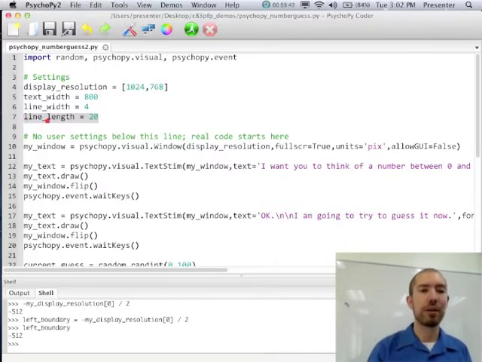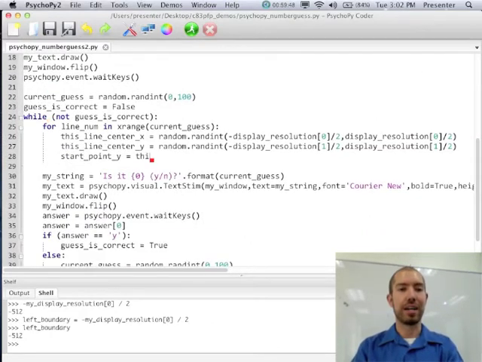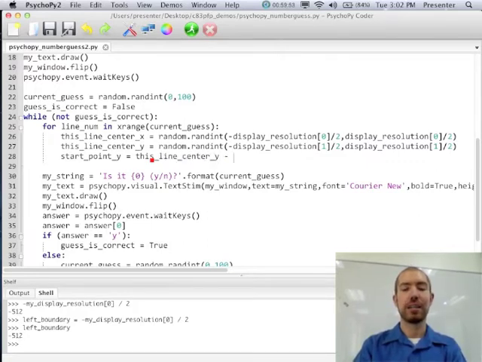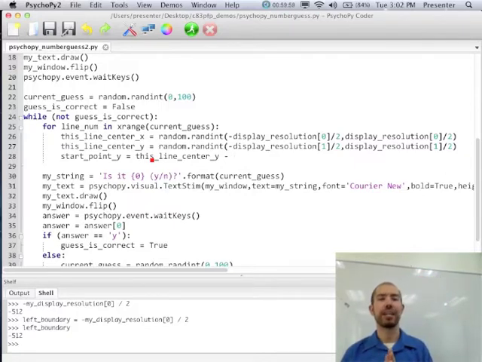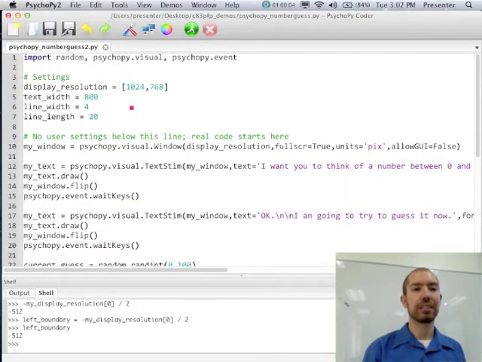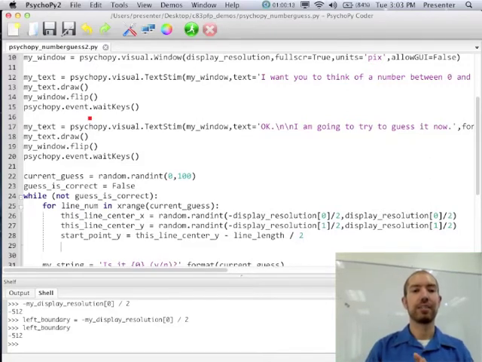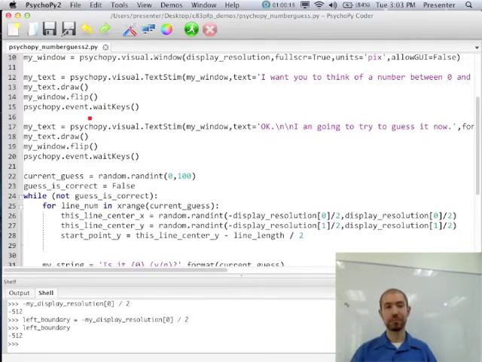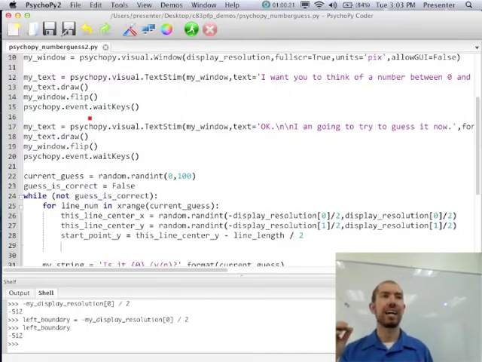10, right? And how many pixels below that point do I need to go? 10, right? So if I want to turn that center point into endpoints, I just have to take the center point in y, which is this line center y, and for the start point, it doesn't really matter which one we call the start or which one we call the end, right? Because it's going to draw from one to the other either way. So let's first subtract line length divided by 2. Right? Does that make sense to people? Because we start with the point I've defined as the center point, and then subtract half of the length.